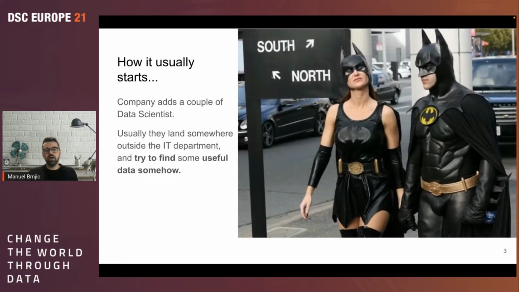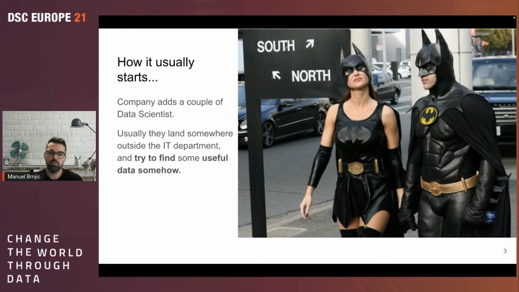So how does it usually start? What I came across a few years ago is that usually companies hire some mathematicians or some data scientists. They start and try to find some valuable data inside the company. They ask various people in the IT department, hey, can you give me some access to the database? I want to have a look. I need this data. I need that data.